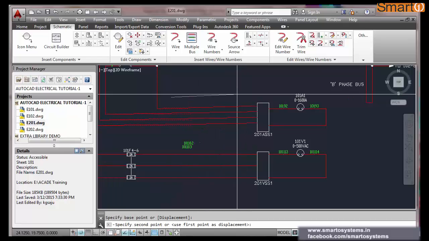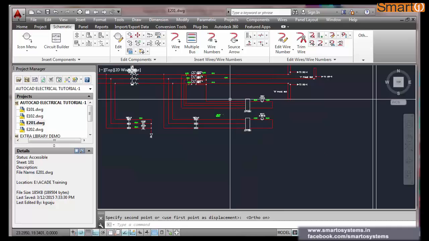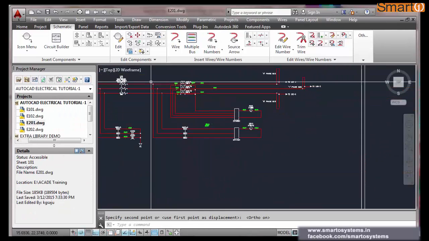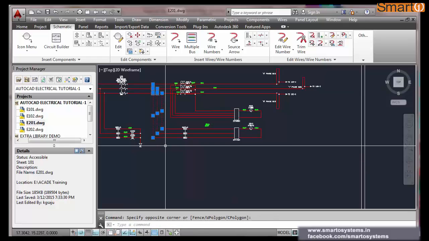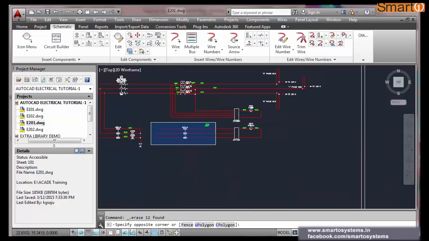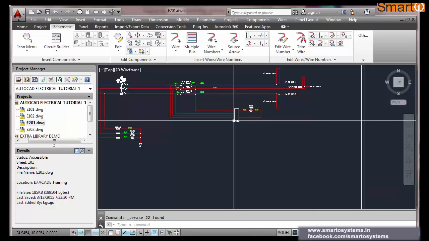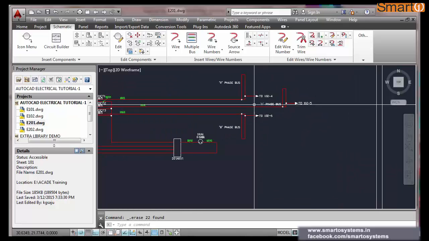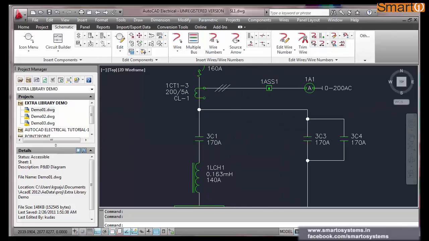I can stretch it a little bit till here. So we don't have a voltmeter 2 in our circuit, so I am deleting this portion as well. This will give you a clear idea how to modify an existing drawing and how you can convert it into a new drawing. Next, it is going to the next sheet.